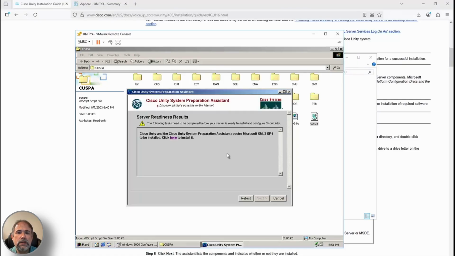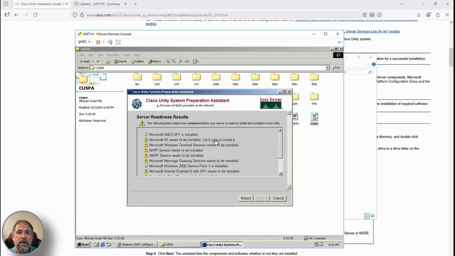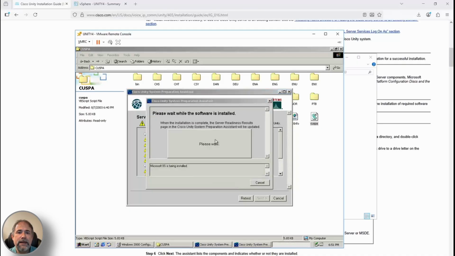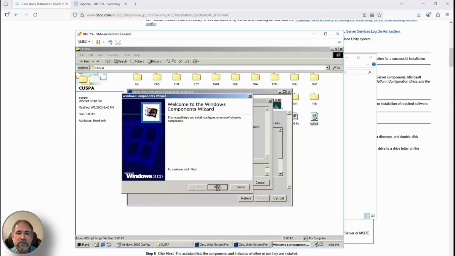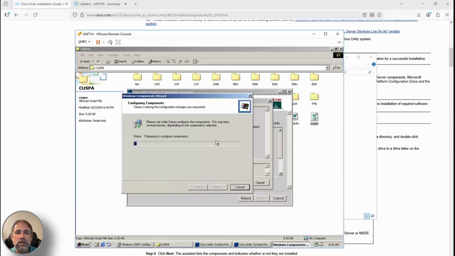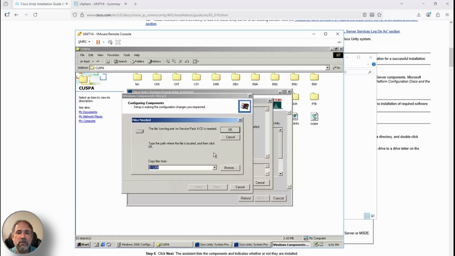So, and of course, straight away we get an error that we need XML3 service pack 1. And then basically this is just a list of all of the prerequisite requirements. So we're just going to walk through this checklist one step at a time. And I've already copied all the files to the hard drive here to C drive /i386 off of the Windows Server 2000 CD. So we just need to fix that here a few times in order to get this particular